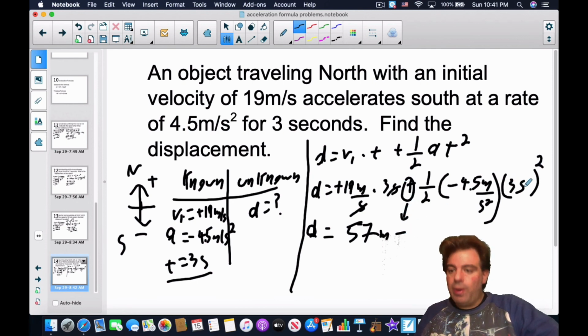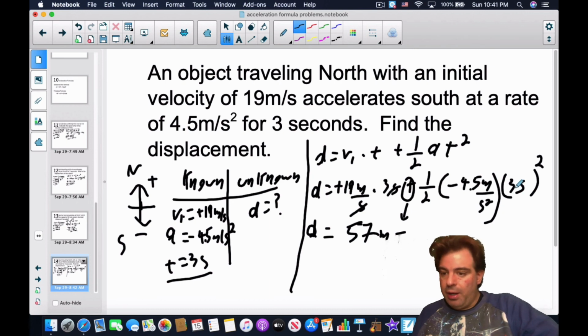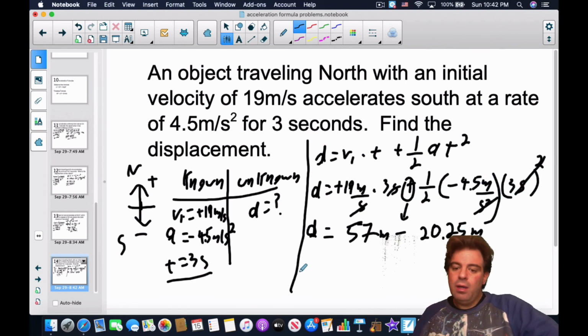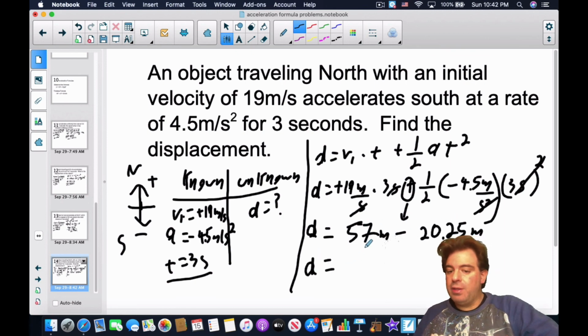So 3 squared, that's going to be 9, okay? Divided by 2 is 4.5. 4.5 times 4.5, it is going to be 20.25, and seconds squared cancel out, so we're left with the meters. So now we subtract these two in order to find the distance. 57 minus 20.25, everybody would agree it is positive